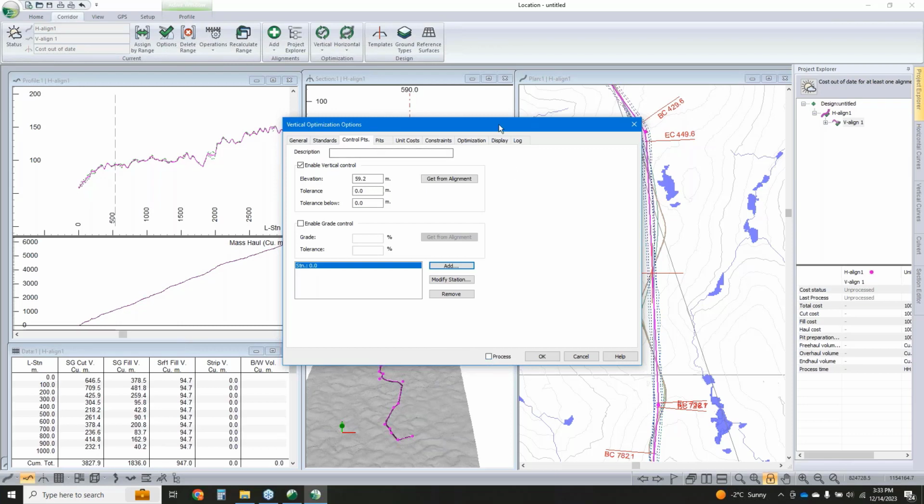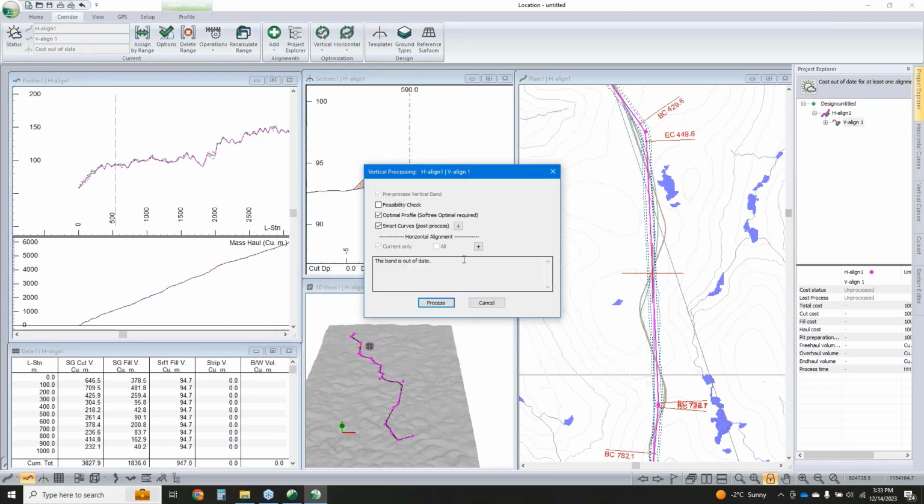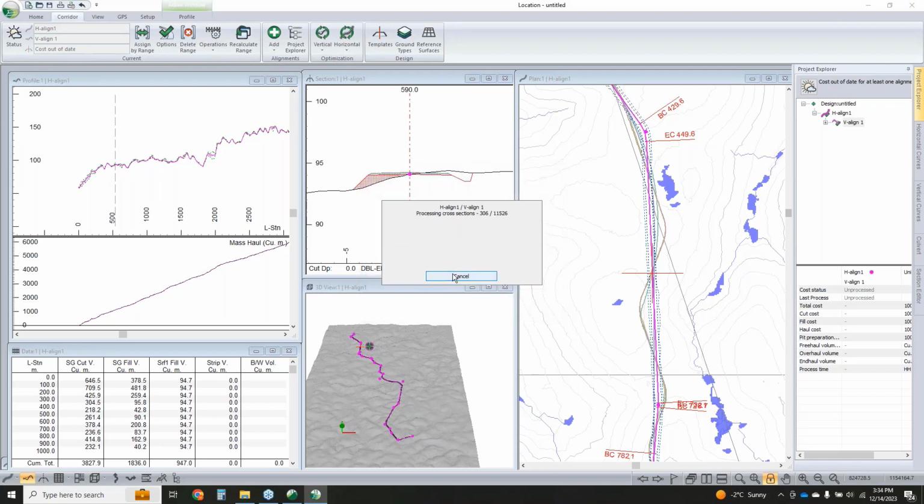And we could go through and add more things, but I think this is going to give you reasonable results just to start. And then here we are with something else that is new for version 11, and that's the smart curves. So I'm going to leave this on. We're going to hit process. It's going to take a bit to go through and sample and solve for where things should be. And then we're going to have a vertical to accompany this great